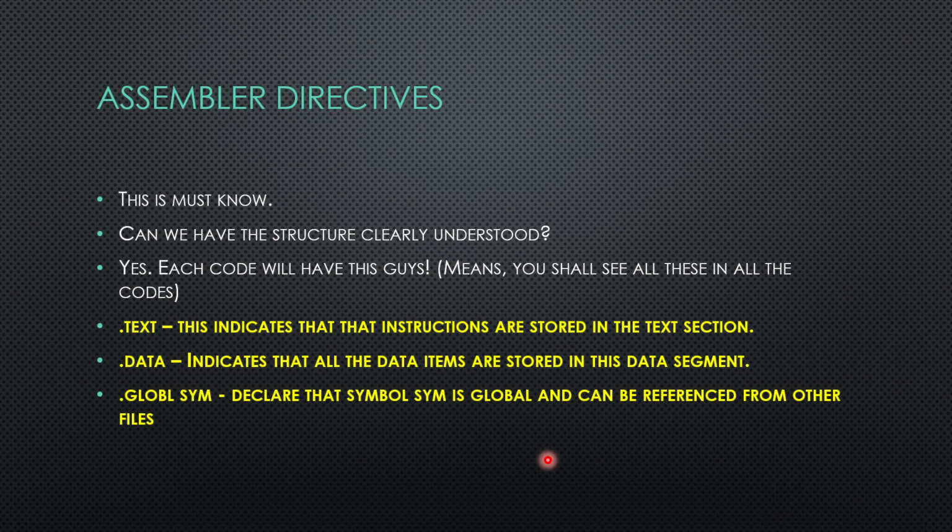That's it. This is a very simple thing, and when you start using it, you will definitely understand better how exactly to use it. Now, before we conclude the session with an example, we need to understand the most commonly used assembler directives. There are many. I'm going to talk about them later in a detailed session where I'll discuss each and every point. But for now, understand that we have three very common and most frequently used assembler directives. The first one is .text, the second one is .data, the third one is .globl. And the spelling of global is g-l-o-b-l, not global. Remember it, this is a very important point.